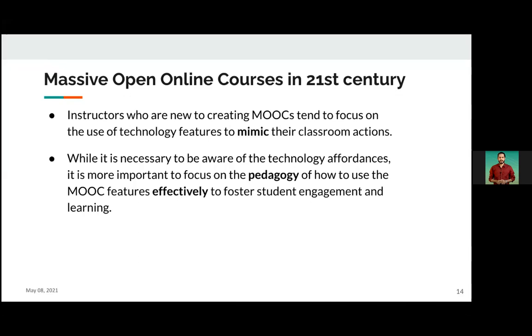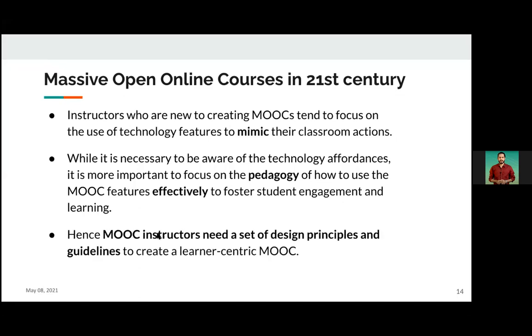How can we use technology or ICT effectively to foster learner engagement and the learning process? Okay, so there is a need. This results in the need for MOOC instructors to have new design principles and guidelines so that they can create their own learner-centric MOOCs. So this is the whole idea of how LCMs need to be designed.